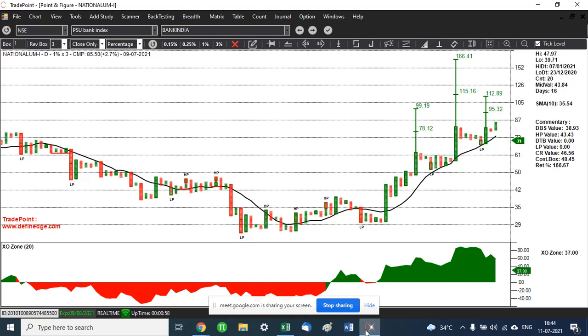Okay, thank you. Can we have another example for an ABC? My doubt is whether the triangle pattern will fall between 2 anchor columns. That would be ABC. No, it doesn't necessarily. The subsequent column doesn't need to be an anchor column. Basically, if you have an anchor column, we know that the stock is in a bullish trend. After that, it is giving a minor correction because it is giving only inside columns. It is not giving us a double bottom sell. It is not going below the moving average. So it is just giving us inside columns. And then you get a double top buy. So that itself is good enough.